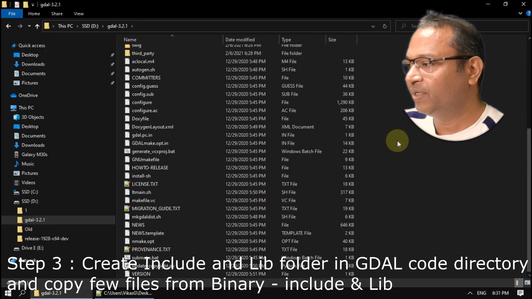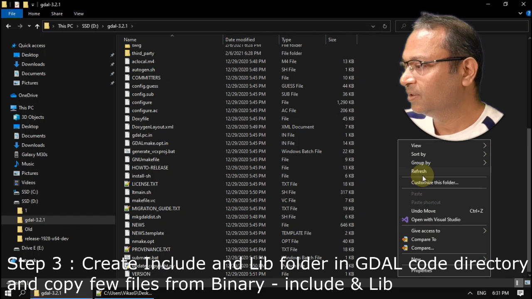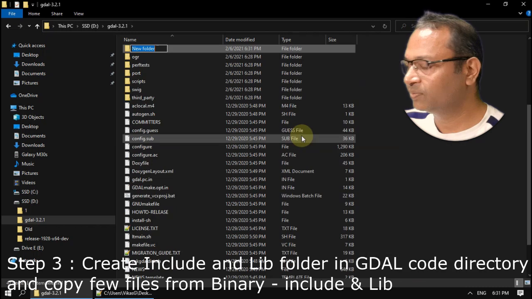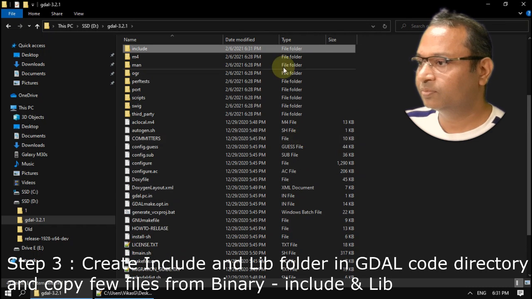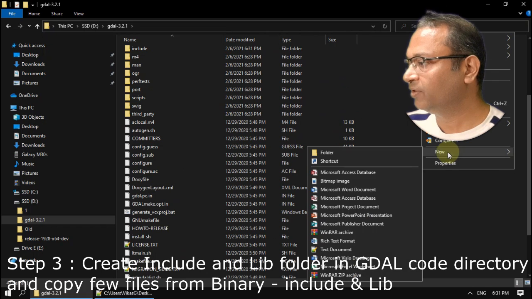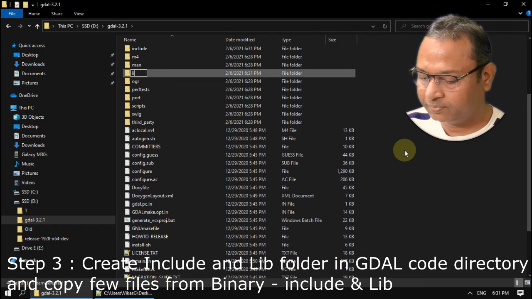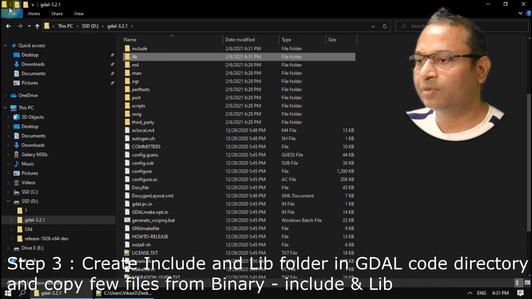First, in this folder make two new folders. One is include and the other one is lib, right?